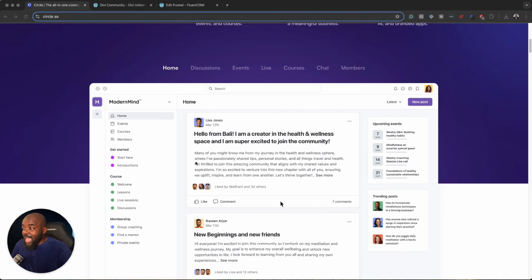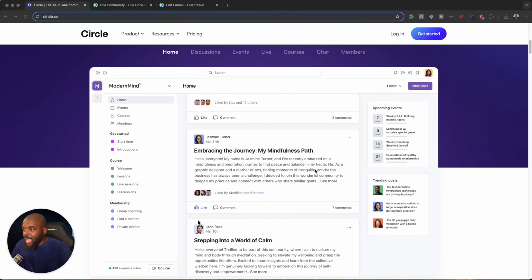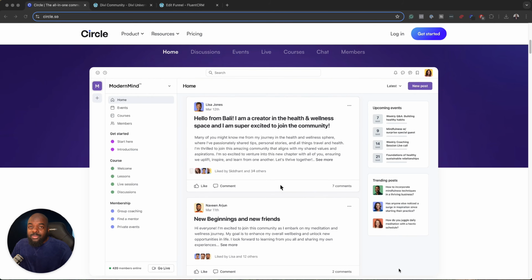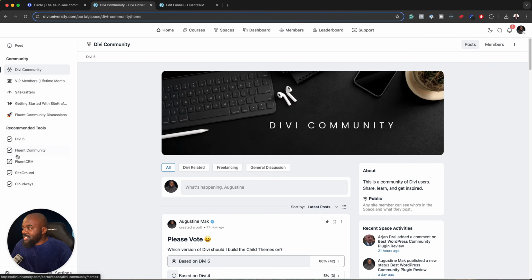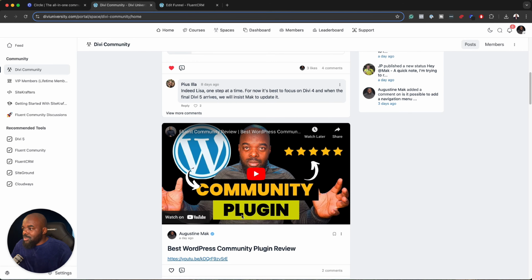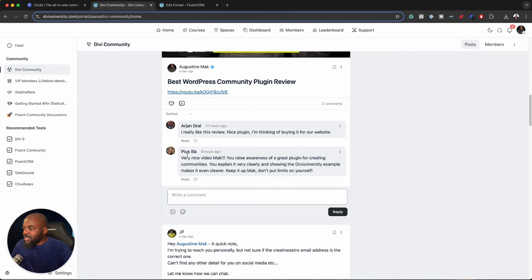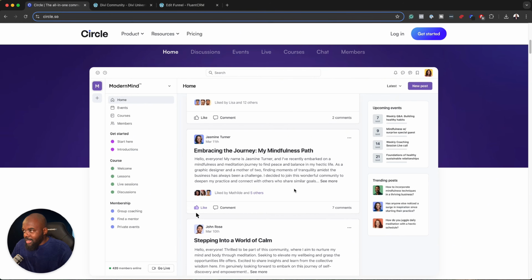Of course, I don't have access to the actual community, so I can just take a look and see what we have here. So right away, just by looking at this, it's not too far off Fluent Community, because if I come here, you can see we have this side panel here. I have my community here, and I also have my sidebar. And in here, I can do my polls, I can do videos, I can do normal text, and people can respond and so on. So that's what I see in a glimpse right here.